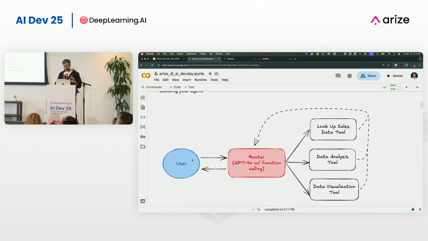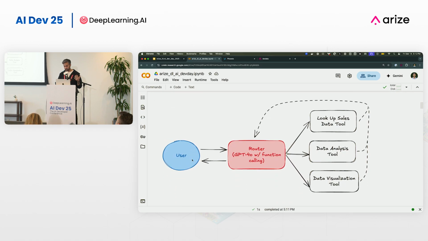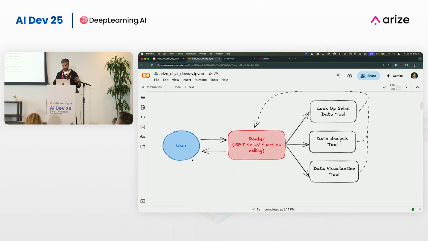Okay, now we're going to get into actually building the agent. So let's assume we have this user that is basically asking a question, and there's a router that's calling out to different tools. So we're going to be evaluating here specifically, were the right tools called for the agent? That's the goal of this lesson.